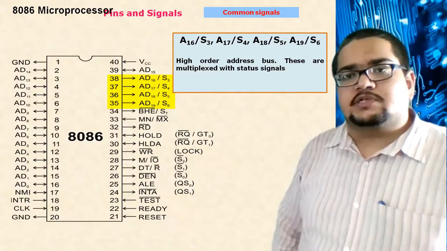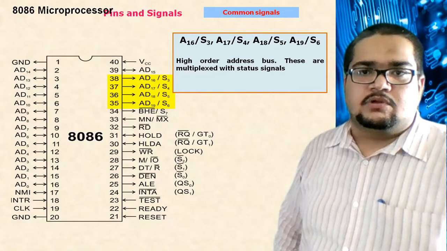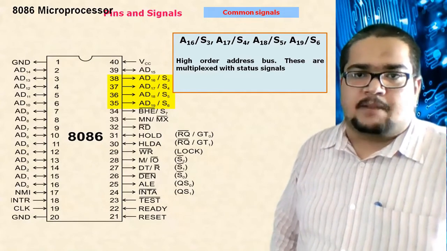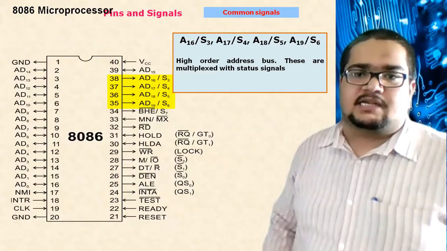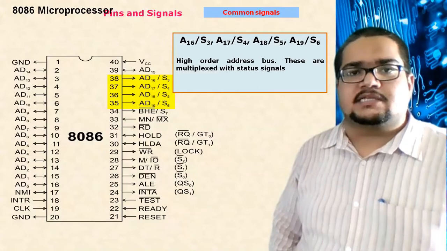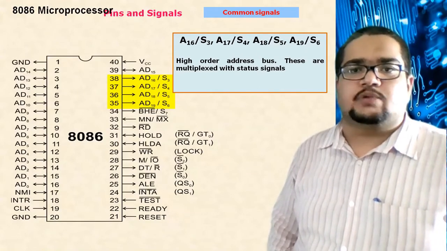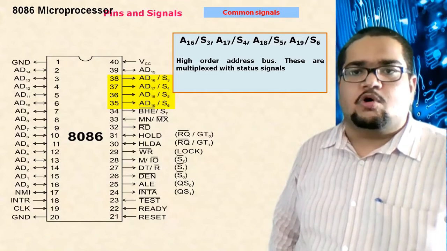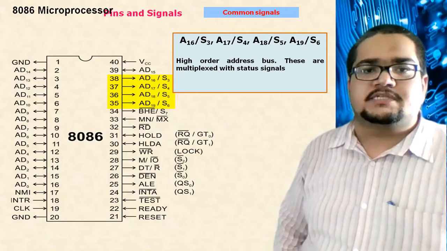Now you will ask the question, where are status lines 0, 1 and 2, and is there not any 7, 8, 9? There are a total of 8 status lines, S0 to S7. Out of those 8 status lines, S3 to S6 are time multiplexed with A16 to A19. We will get to know where S0, S1, S2 are also, and